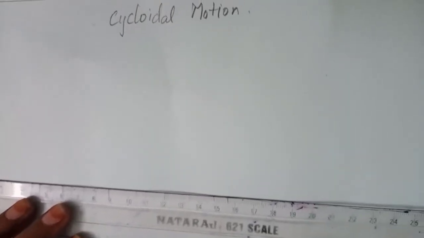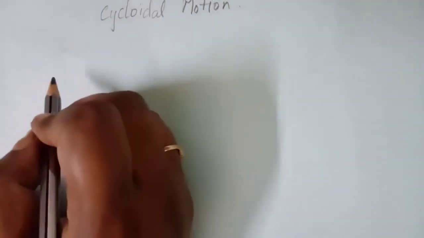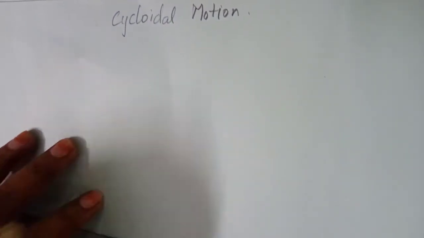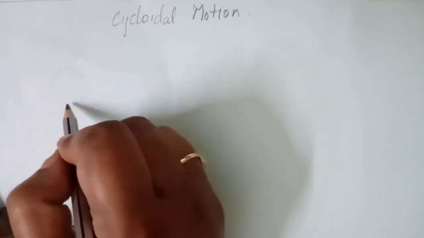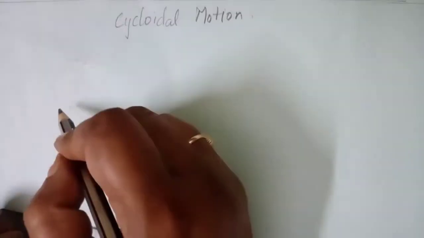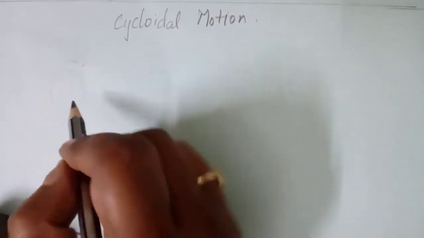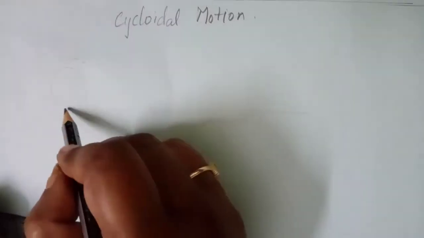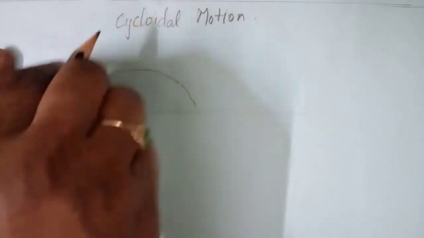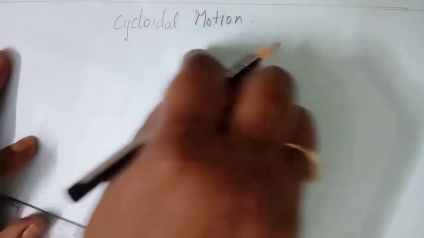Okay, dear students, today I wish to explain the last follower motion, that is cycloidal motion. The name itself indicates what you have studied in engineering drawing. So what is meant by cycloid? A cycloid is nothing but a circle with a circumference point. When it starts to rotate, the circumference point moves along and traces a particular curve. In the same way, the follower motion takes place on the surface of the cam. That is the main concept of this motion.